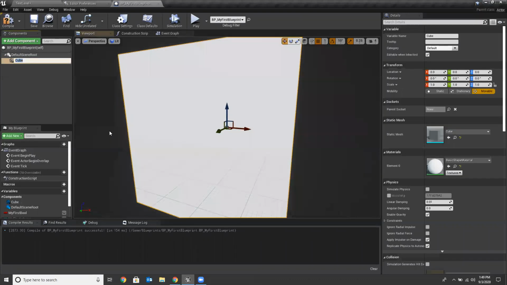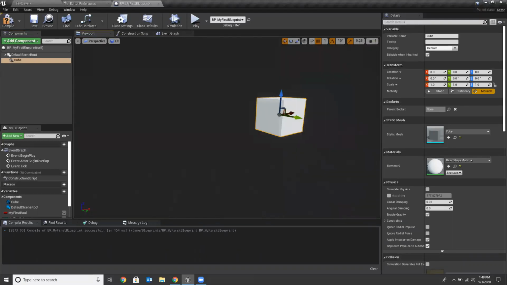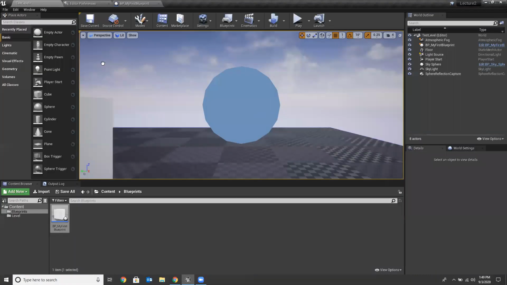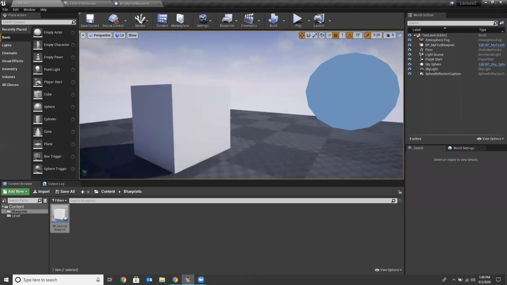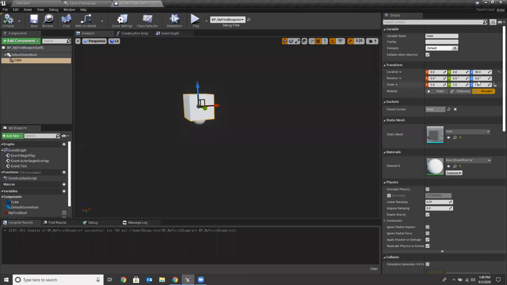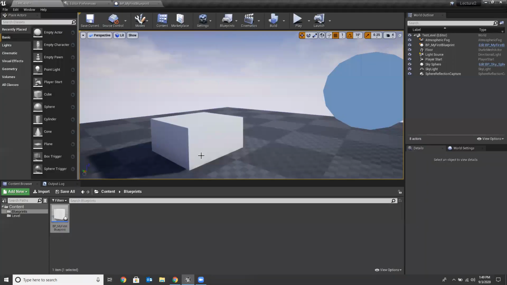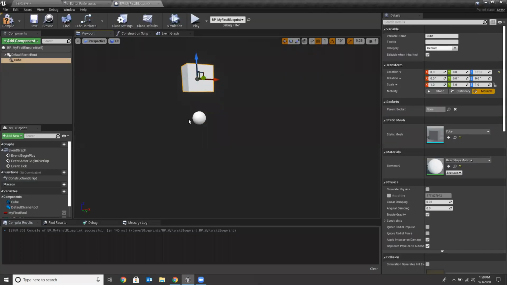So in this case, we're just going to draw a cube to the screen, and I'm going to drag it back up a little bit, and set, I think 50 is the Z where I want it. So now we can see that the cube is placed in the world. Had I left that at 0, and compiled and saved, you can see that it's halfway through the world. So that little sphere is the